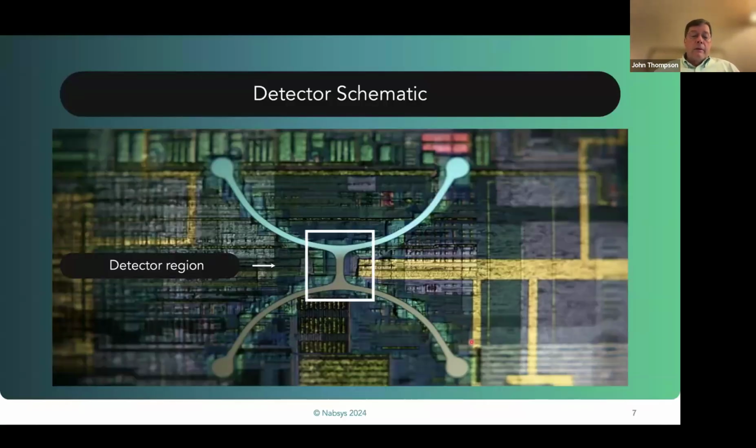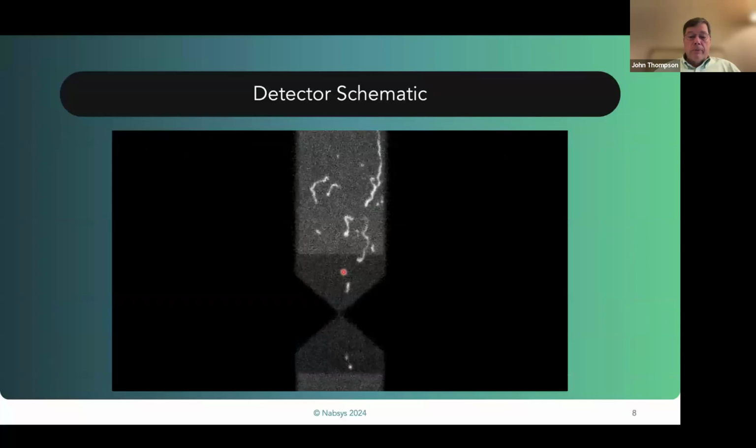And this is a mock-up of what the detector looks like. You have two inlet ports and two outlet ports. And then in the middle where you have the nanochannel, this is where you detect the voltage change. And normally we don't use any optical methods. The one exception is if we want to show you what the DNA looks like as it goes through the